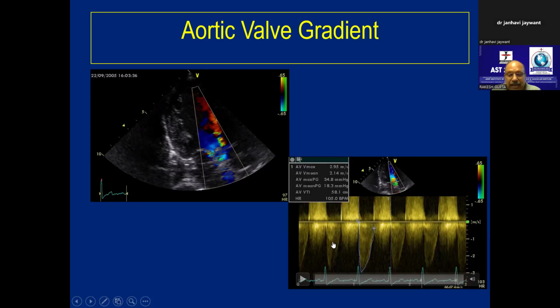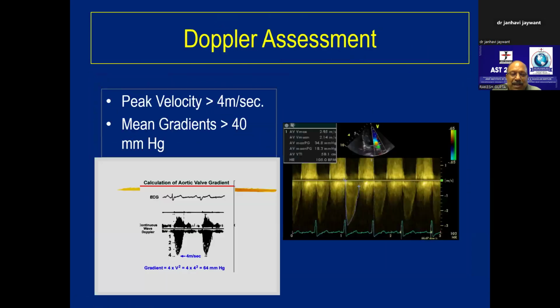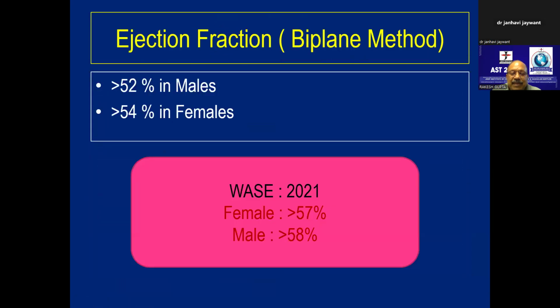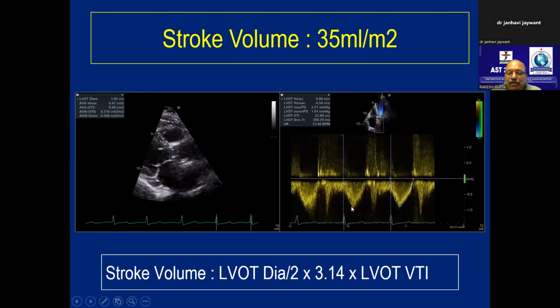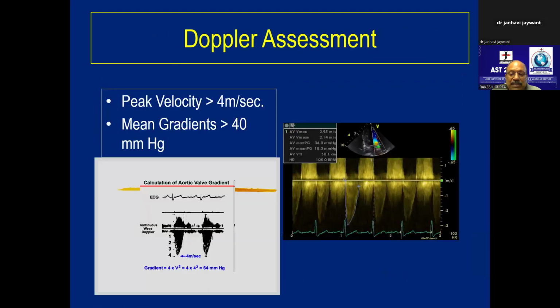Now this velocity is almost 1 meter per second. This is LVOT. Let's go back and see the LVOT velocity. This LVOT velocity is almost 1 meter per second. So if you measure LVOT velocity with continuous wave Doppler, this pattern would be submerged in the Doppler flow pattern of aortic stenosis, and you will not be able to identify it. You can see it over here, but you can't see it over here. So pulse wave at LVOT, continuous wave at aortic valve.